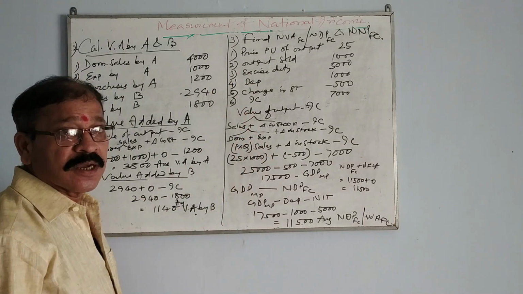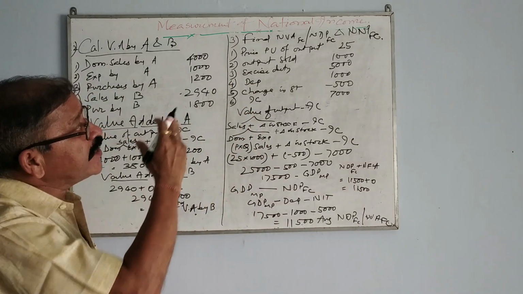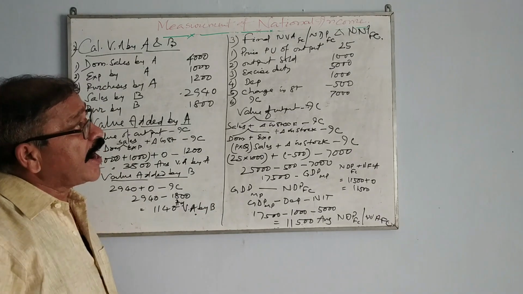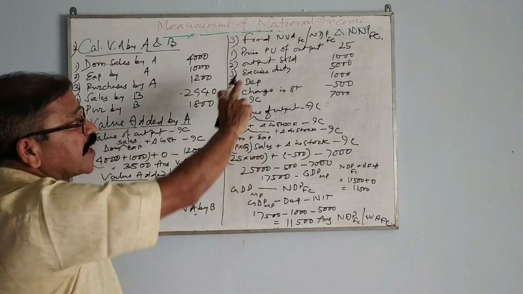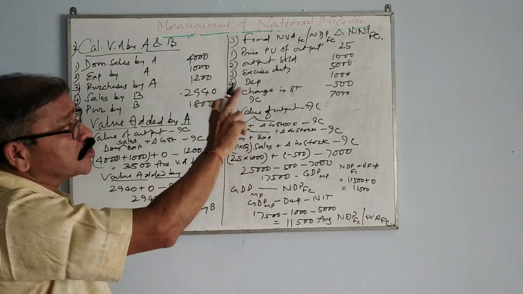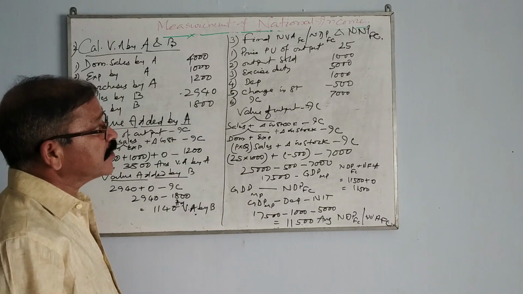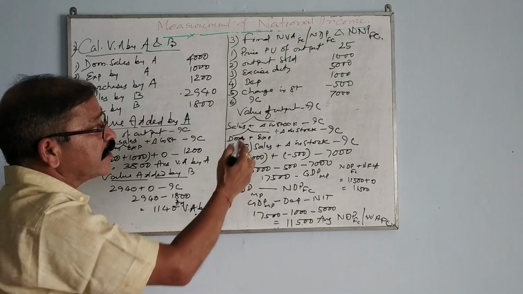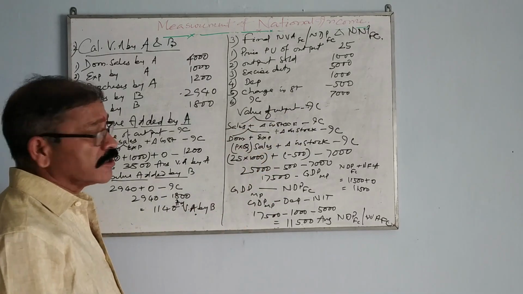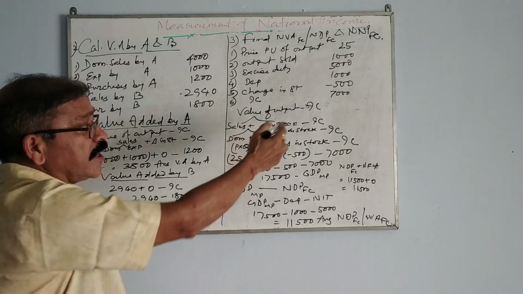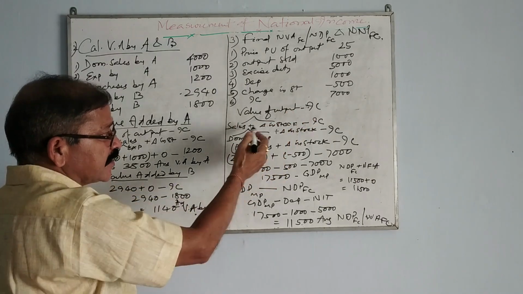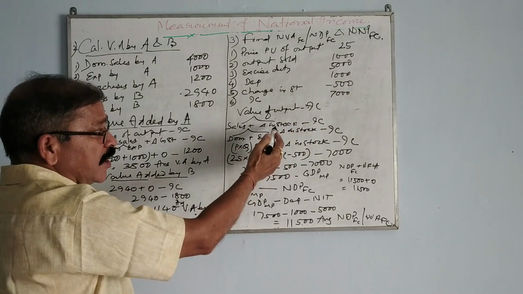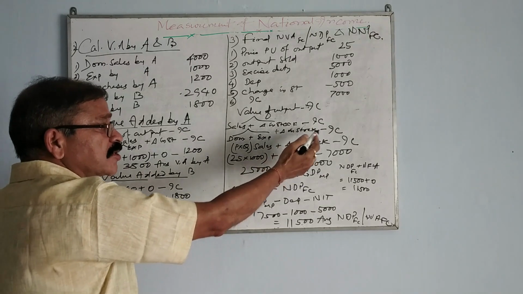Now sum number 3. Here sales is not given. Find out NVAFC. The other name of NVAFC is NDPFC and NNPFC, national income. Price per unit of output 25, output sold 1000, excise duty 5000, depreciation 1000, change in stock minus 500, intermediate consumption 7000. Okay, now value of output, as usual formula, value of output minus IC: sales plus change in stock minus IC. Sales includes domestic plus export, change in stock means closing stock minus opening stock.